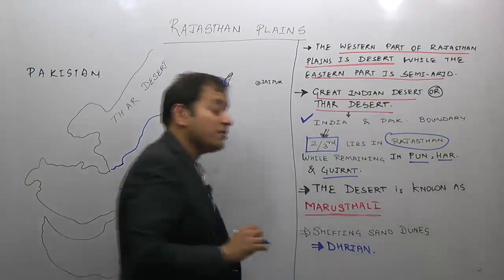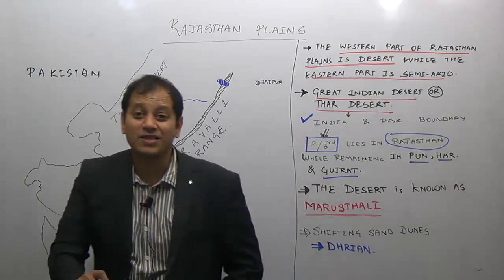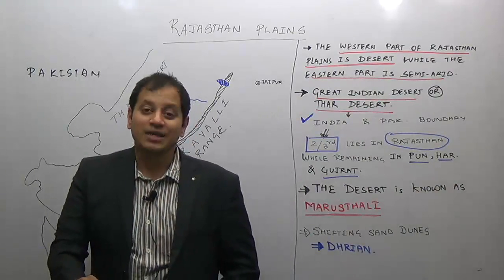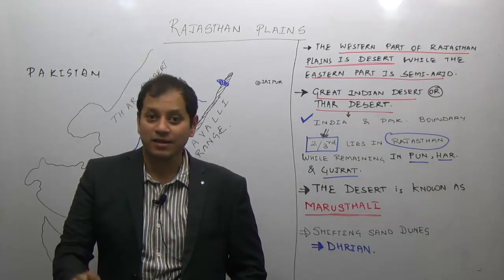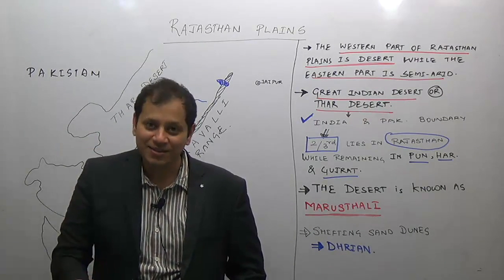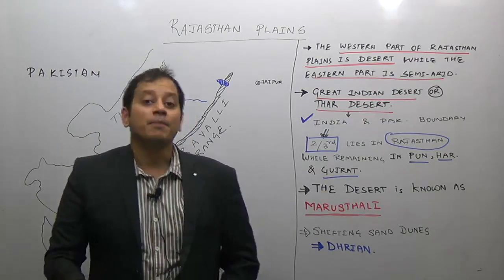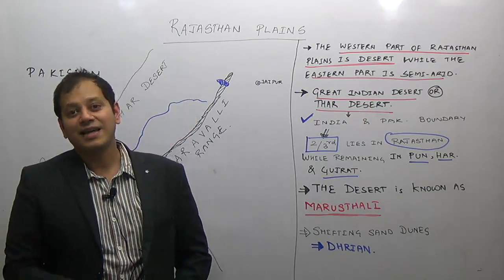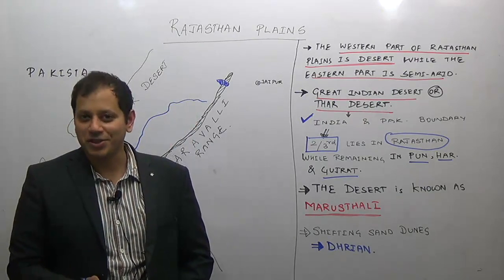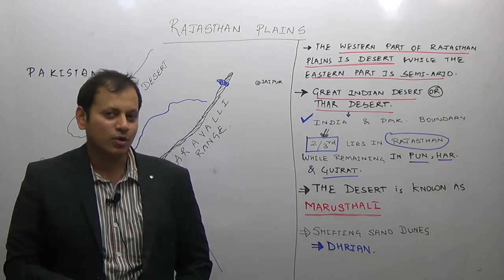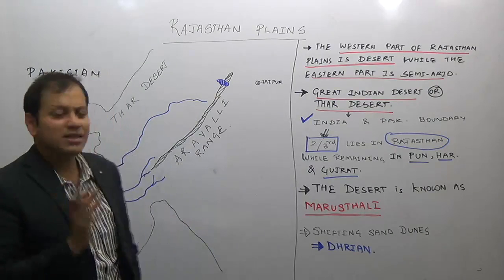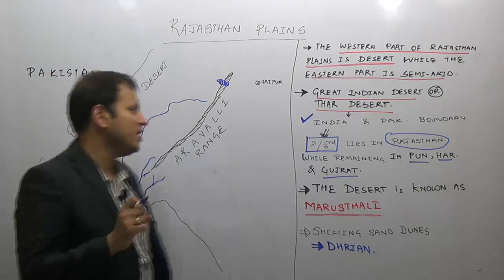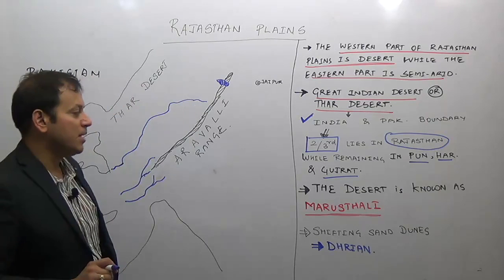So if the question comes in the preliminary examination whether this statement is true or false, that the Thar desert lies only in Rajasthan, if the word is only, the statement is false. But if the statement is the Thar desert lies in Rajasthan, then the statement is true. Lies in Rajasthan, it is not saying only. Lies in Rajasthan, yes, the majority of the Thar desert lies in Rajasthan, while the remaining lies in Punjab, Haryana and